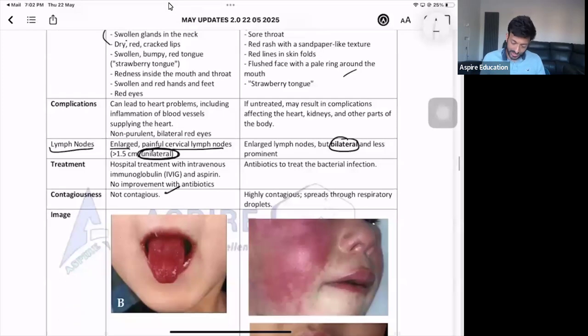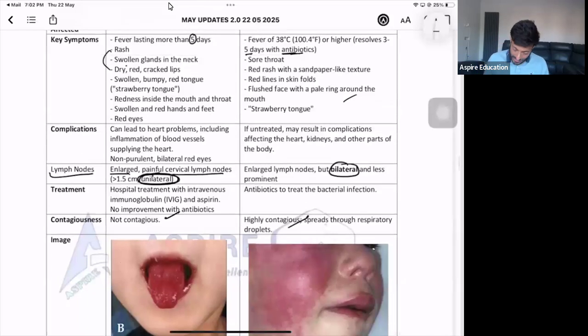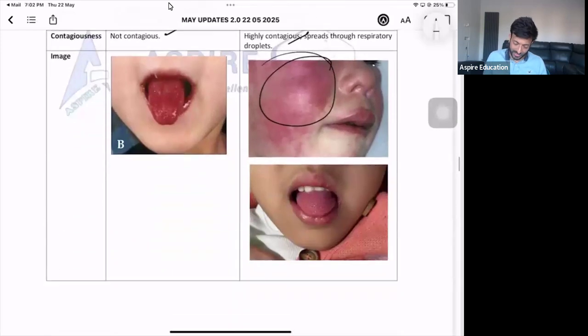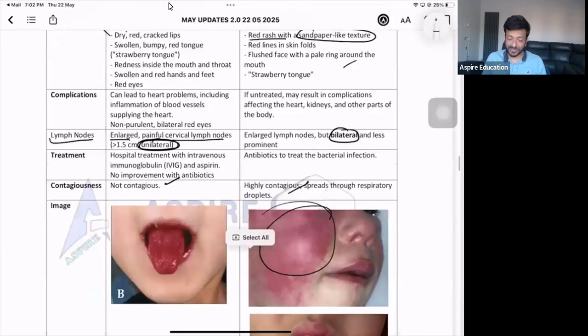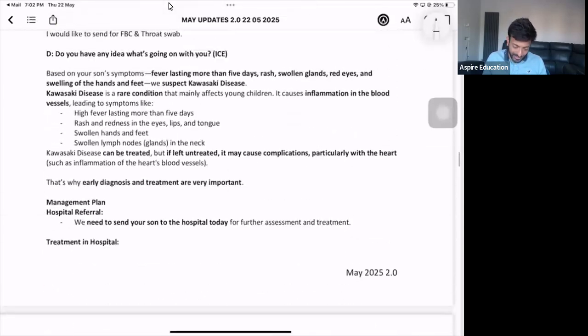And it's not contagious, but this is a bacterial infection, so this is contagious as well, right? One thing that's going to be very easy for you to diagnose: in scarlet, the picture is going to be like this. They say this rash appears with a sandpaper-like texture, like this one, right? Strawberry tongue you may have in both, so it might be a bit difficult to diagnose only on the basis of that. Now, if you have a look at this question,